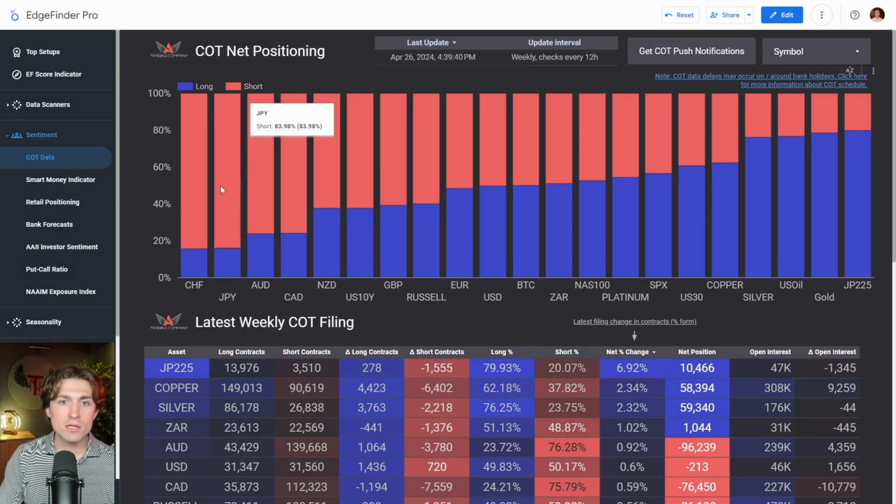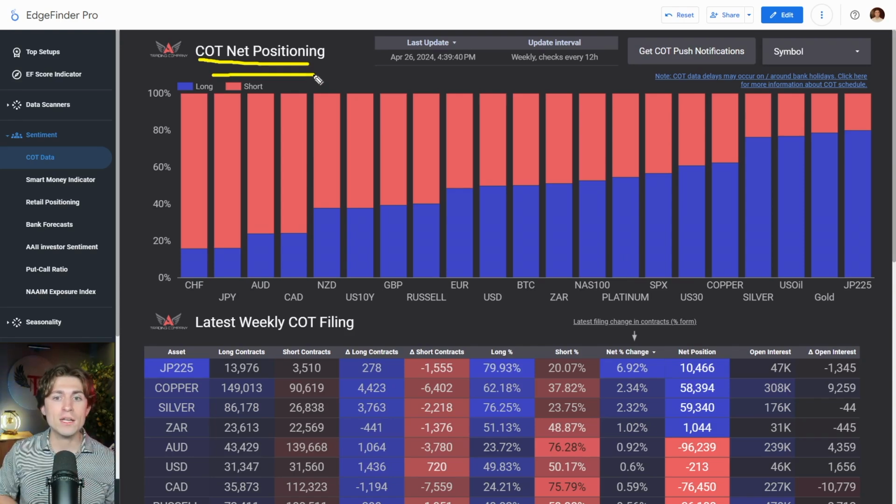If we take a look at the overall exposure, we can see, for example, that the JPY, or the yen, has a large short to long ratio. And if we were to take a look at, for example, gold, it has a large long relative to short ratio. And these things fluctuate over time, but the overall net positioning, or net long to short proportion, changes